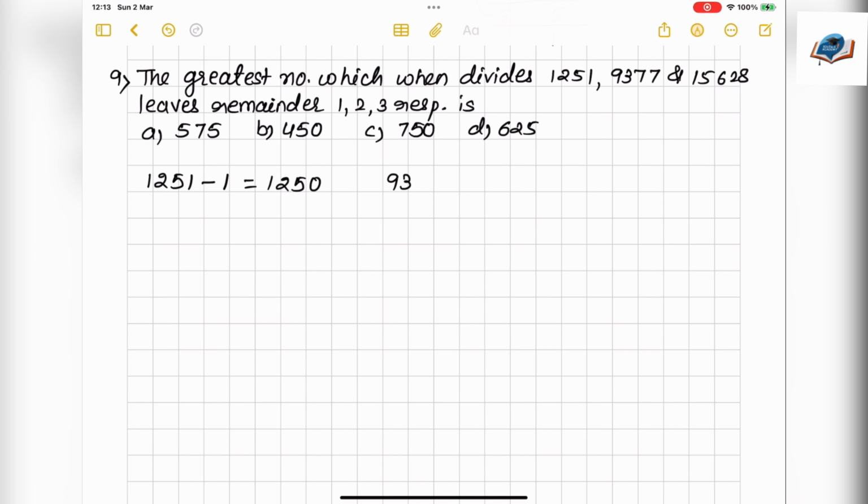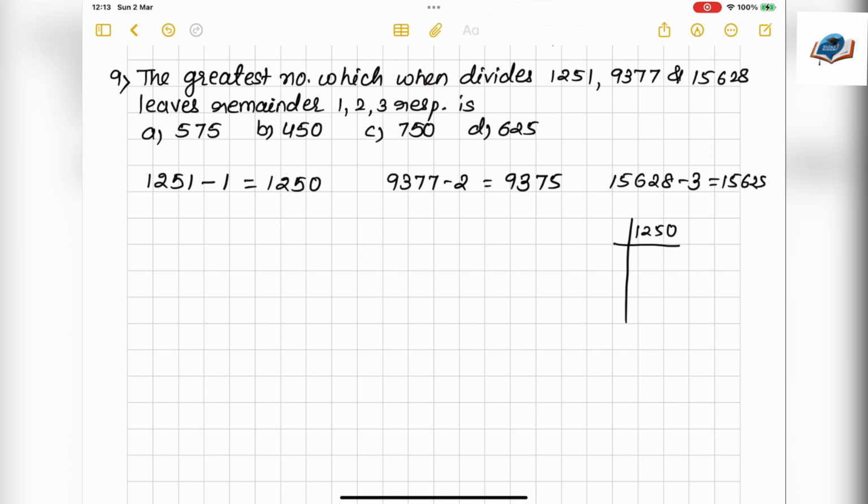9377 minus 2 will be 9375, and 15628 minus 3 will be equal to 15625. So now solving them to find the LCM of each one of them, 1250, if I do, I will get